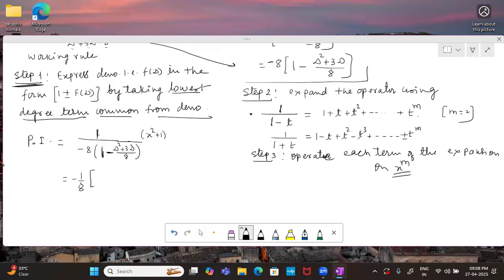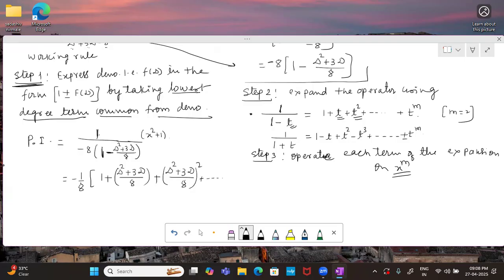So if we apply, you will get 1 plus t square. What is equivalent of t? Equivalent of t is d square plus 3d upon 8, plus d square plus 3d upon 8 whole square,